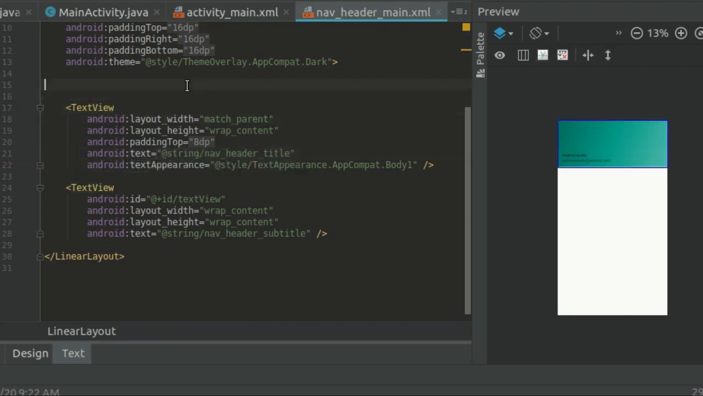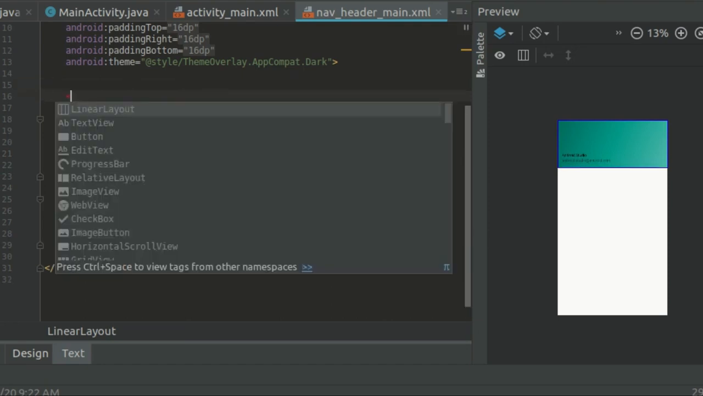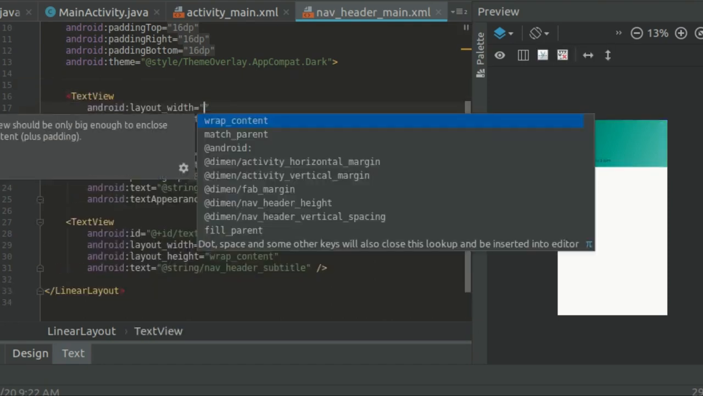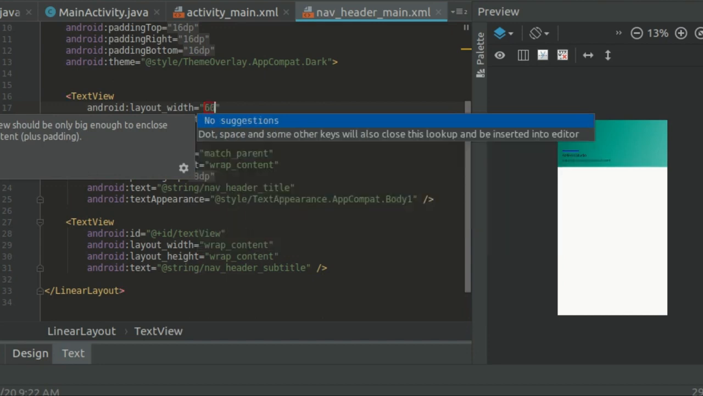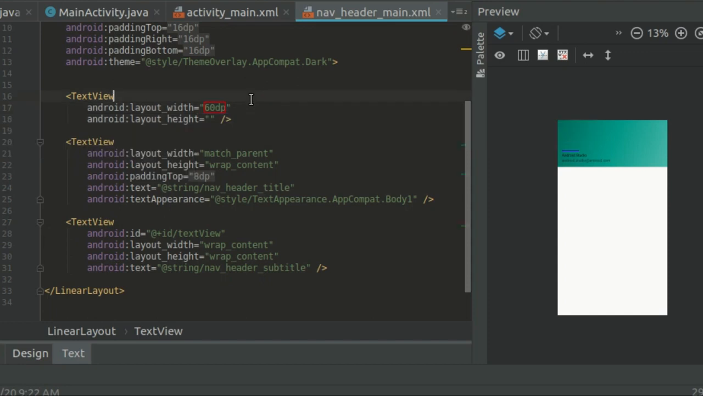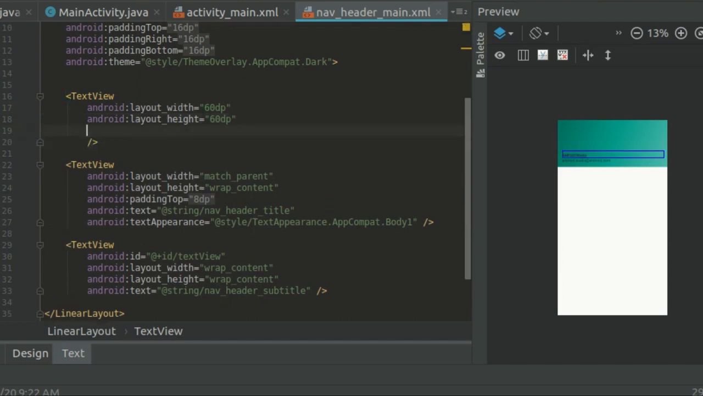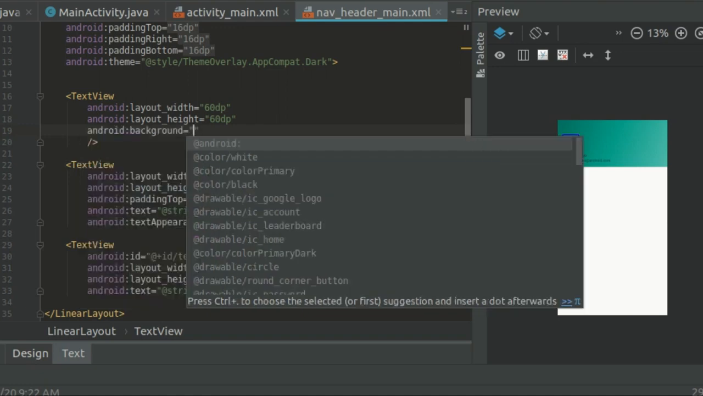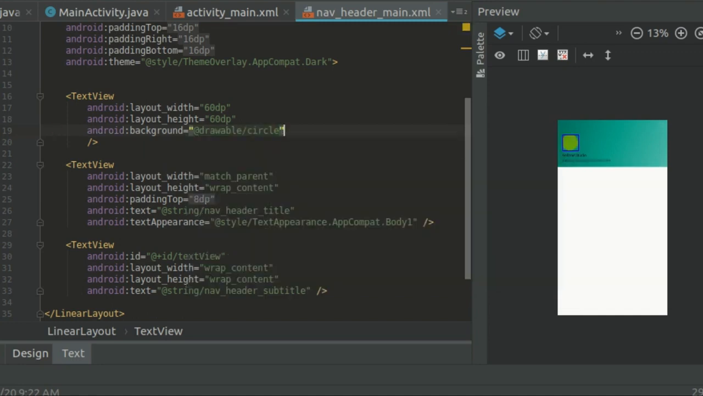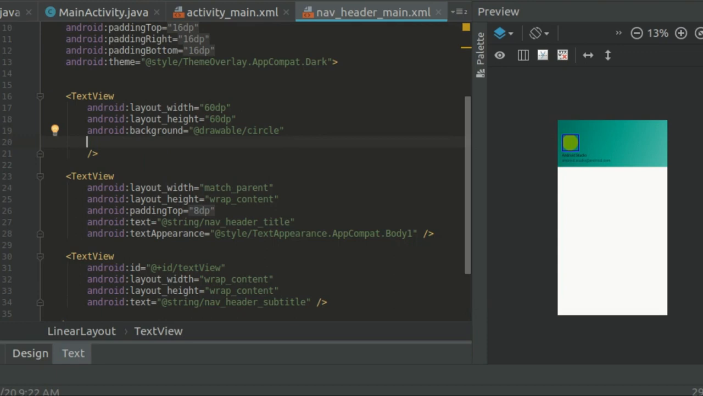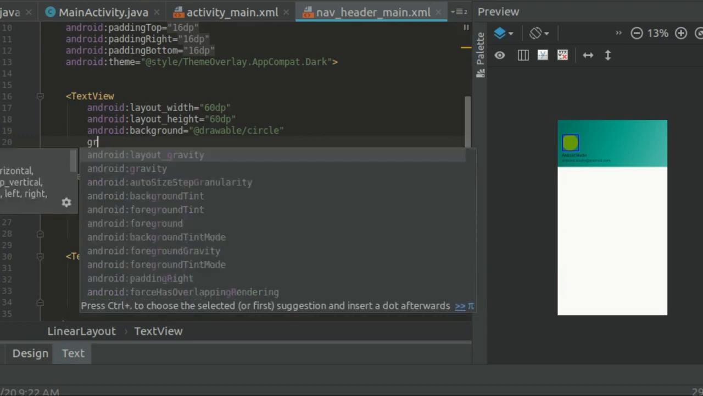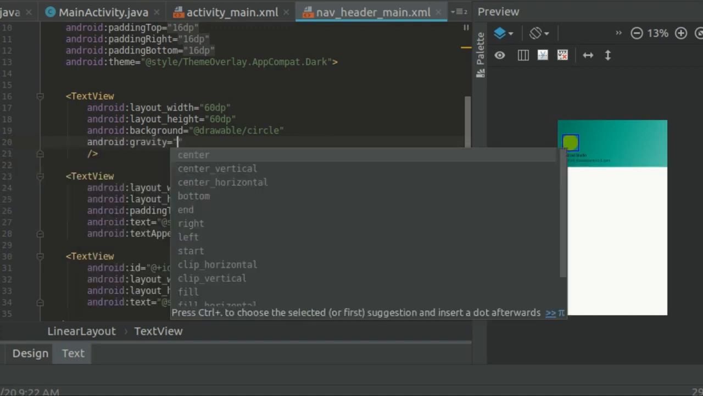Here create a text view, change its width to 60 dp, also its height 60 dp, and set its background to circle, drawable circle that we have created. Then its gravity, layout gravity, not layout gravity, only gravity, center,